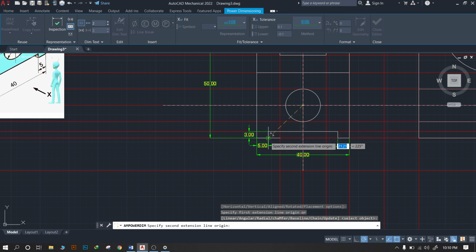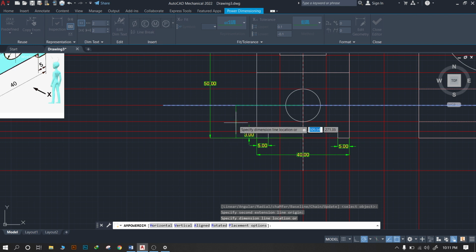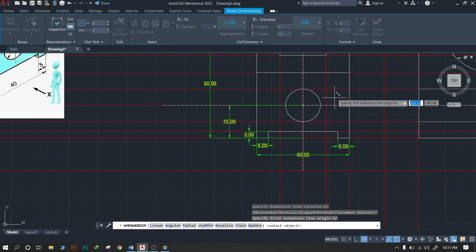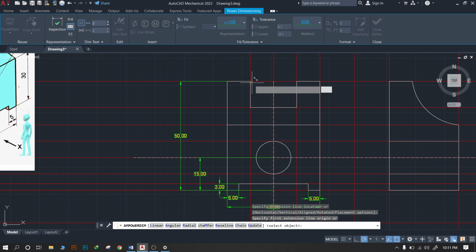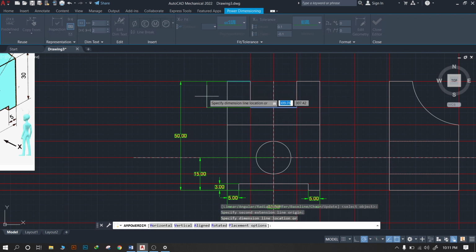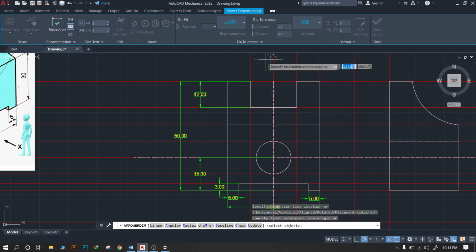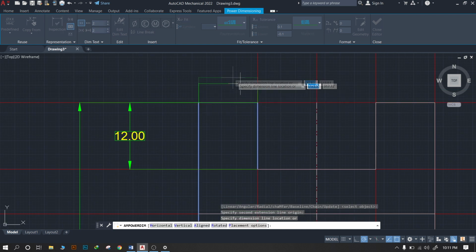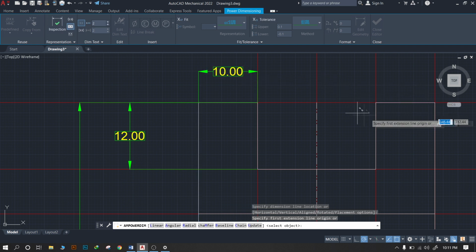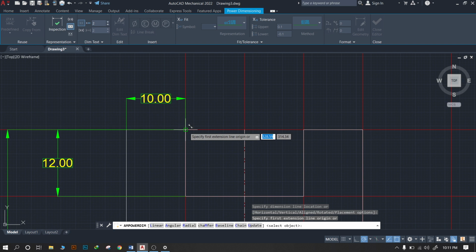While giving the dimension, please keep in mind that excessive or multiple dimensions are not allowed in engineering graphics. We have to give the minimum but complete dimensioning for the views, so that whoever reads this drawing can easily get the idea about the total dimensioning.